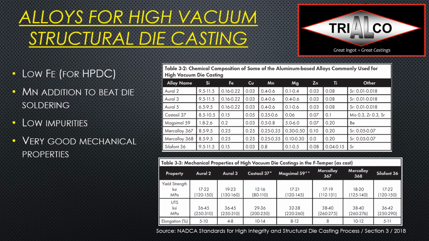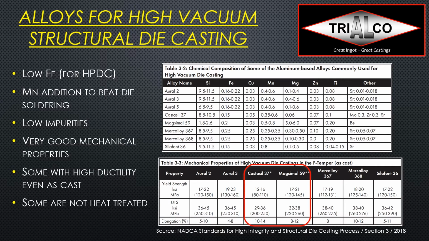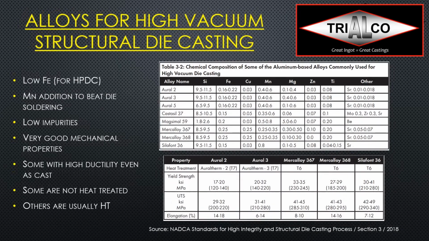And then with this, we can achieve very good mechanical properties. So we see here the properties published as cast, so in F temper. Some of them have very high ductility. For example, Castasil 37, which has no magnesium, or Magsimal 59, which is an aluminum silicon magnesium alloy, high magnesium alloy with low silicon. And those ones, for example, are not heat treated, so you get these properties really as cast. And others are usually heat treated,